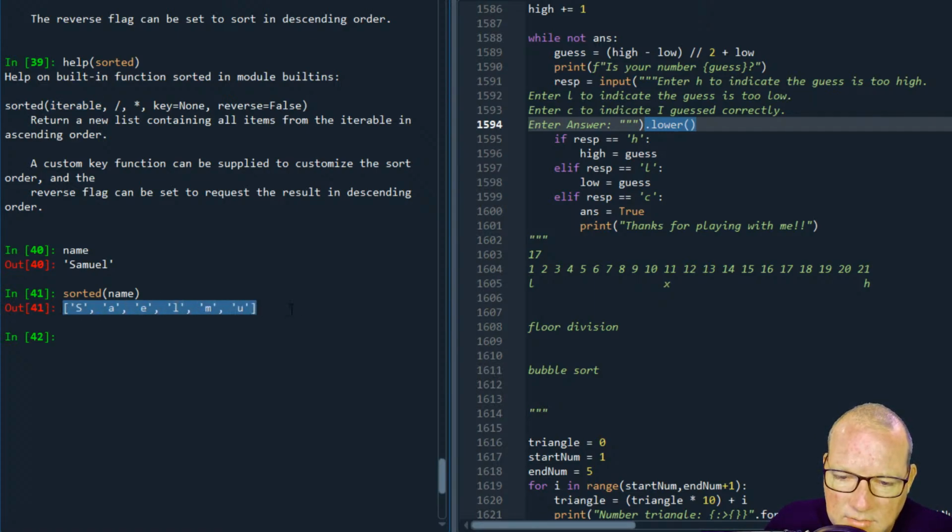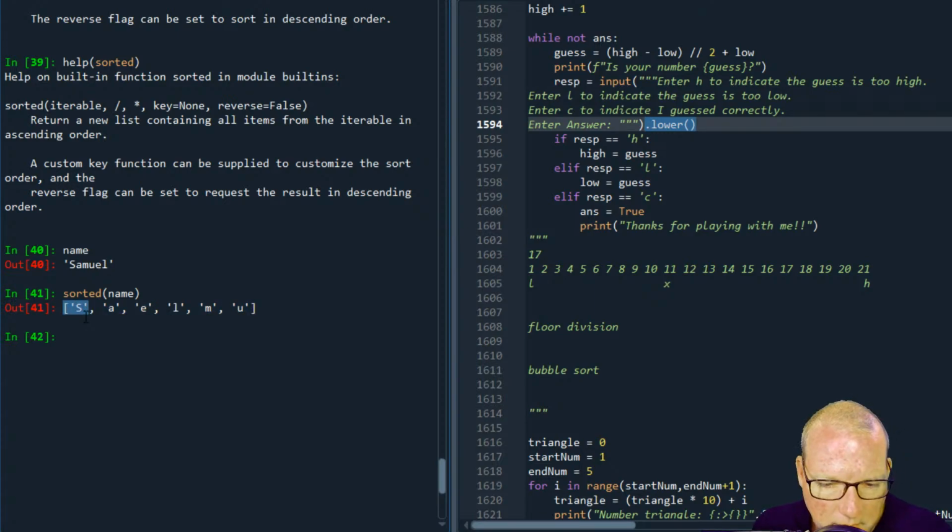So what this does is it took all, and then here's one other thing about Python that's important. The capital letters are sorted first. So S, so let's see. S less than, check this out.